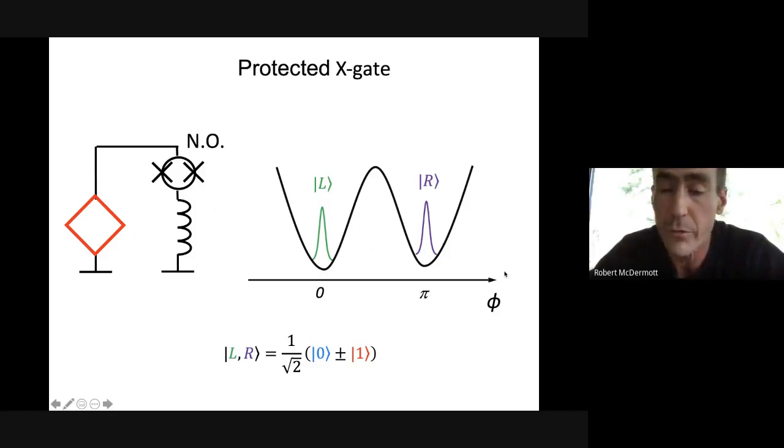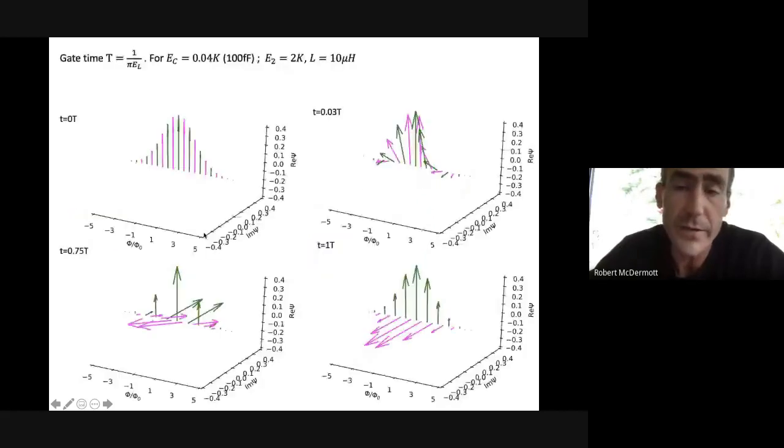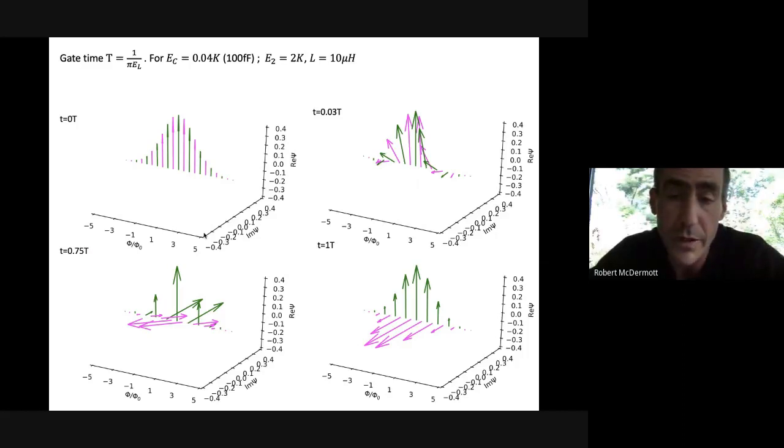wells at 0, 2 pi, 4 pi are no longer equivalent. And when we do that, that causes the different components in this grid state of even and odd parities to accumulate phase at different rates, just as in the case of the protected Z gate. And this type of operation will achieve a protected X gate. So this type of qubit provides access to protected X and Z operations using these